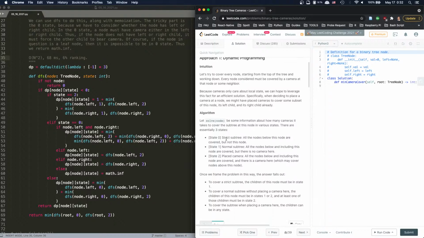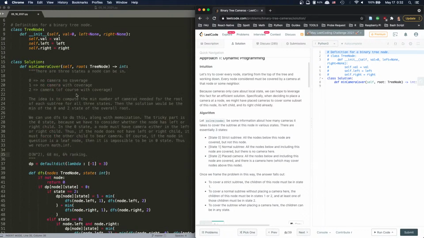Solve. State 0, strict subtree. All the nodes below this node are covered, but not this node. Normal subtree. All the nodes below and including this node are covered, but there's no camera here. Place camera. That's this, right? That's this. We have a camera. Place a camera, and all the nodes below and including this node are covered, and there is a camera here, which may cover nodes above this node. Yeah, I think that's similar thinking,